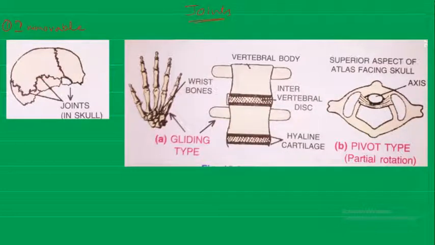The other type is the partially movable joints. Here only very little or partial movement occurs between the two bones. For example, the joint between the ribs and the breastbone and between the vertebrae. You know the rib bones, when we are breathing they slightly move. That is not free movement, nor are they immovable, they are able to move partially. The same is true with the bones of the vertebrae, the spinal column.